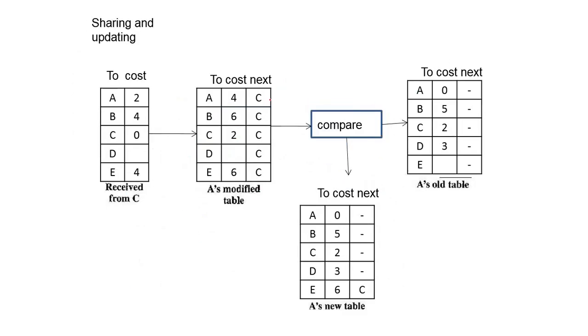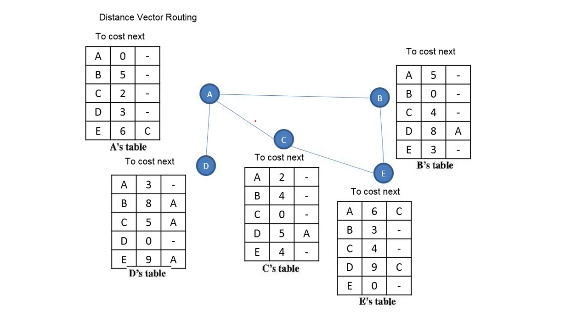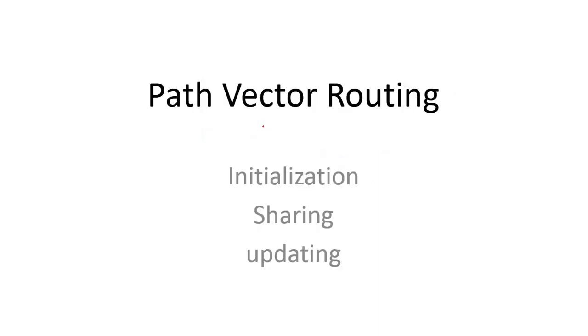Now that is A's table. So we will compare. Here distance of C to A is 2. So again here is 0. So it will be 2 plus 2, 4. Like we will go through next node C. Get it? Why is this 4? So suppose we are going A to C. So there is distance 2, plus again we will go C to A, plus 2. So in total it will require 4.